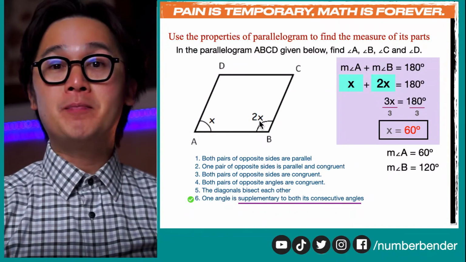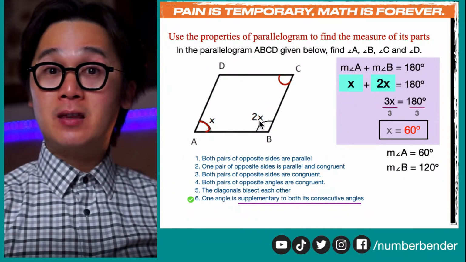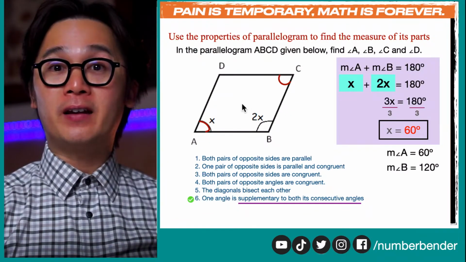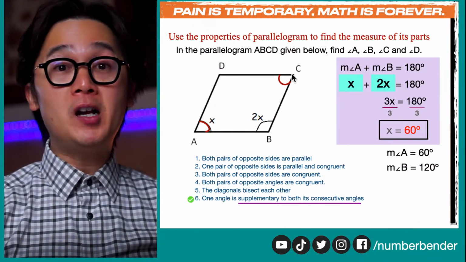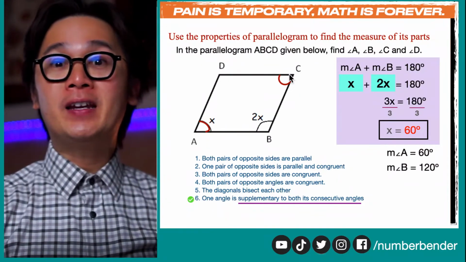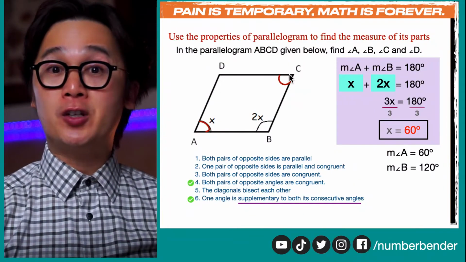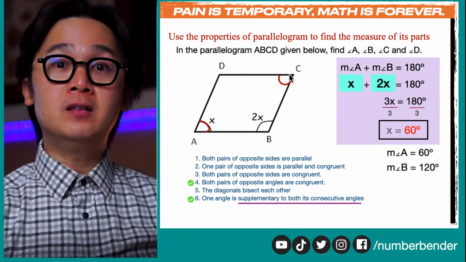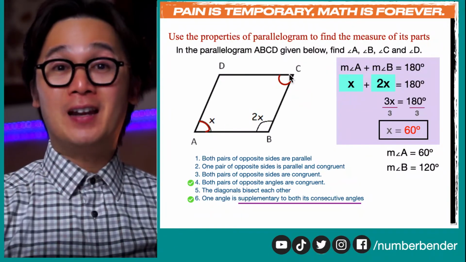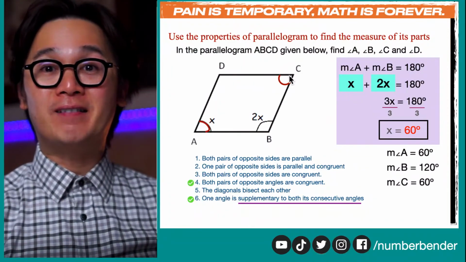So now we have the measurement of angle B. And using the theorem or the conditions of a parallelogram, we know that angle A and angle C are congruent. So without even using algebra, we can now solve for the measurement of angle C using condition number 4, congruent angles in a parallelogram. Opposite angles in a parallelogram are congruent, so angle C is also 60 degrees,